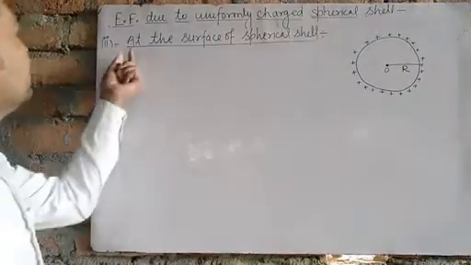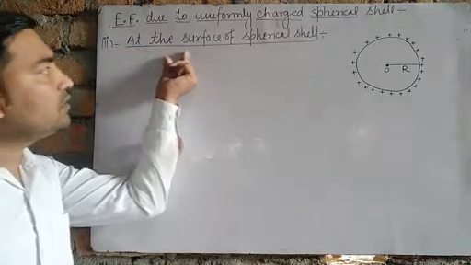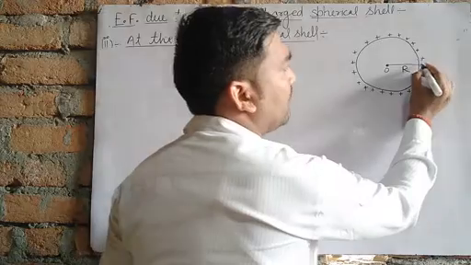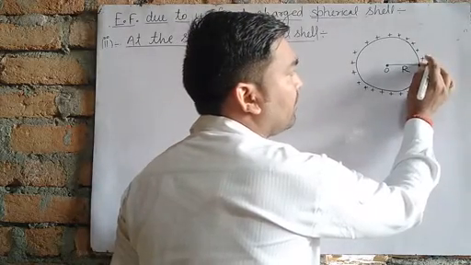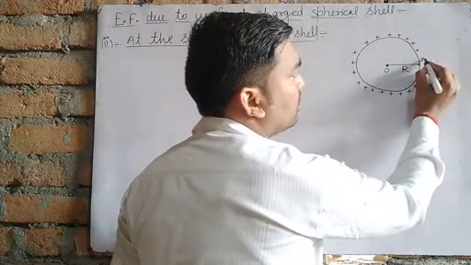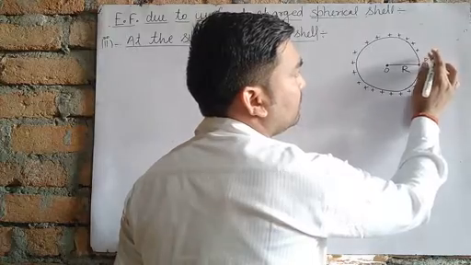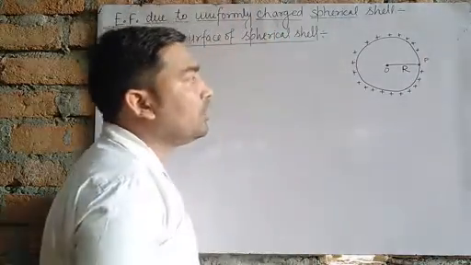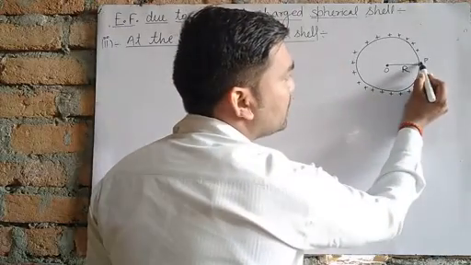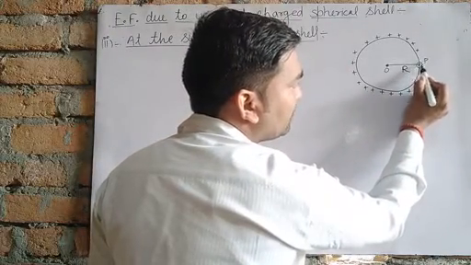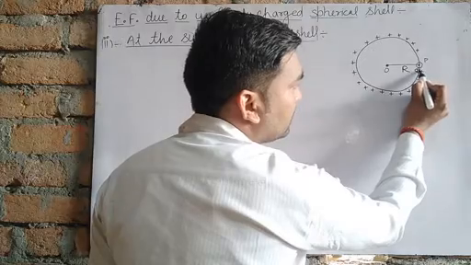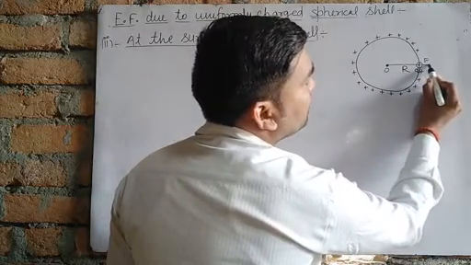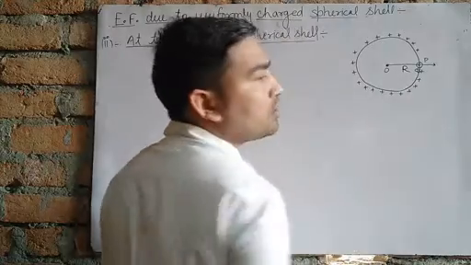Second point, electric field at the surface of a spherical cell. It means the point P where the electric field is to be found lies on the surface of a spherical cell. This is the point P where the electric field is to be found. Now we have to consider a small element of surface called ds, and the direction of ds is outward, because the